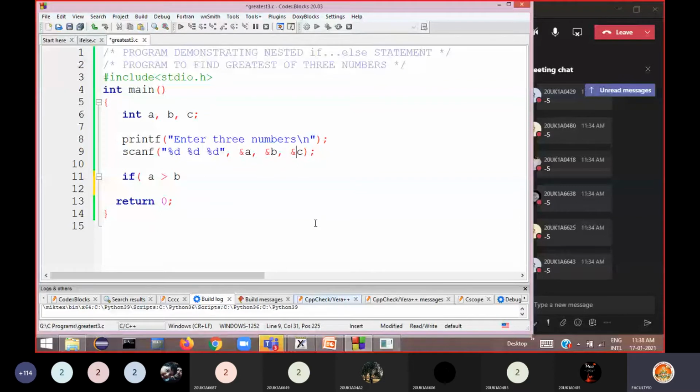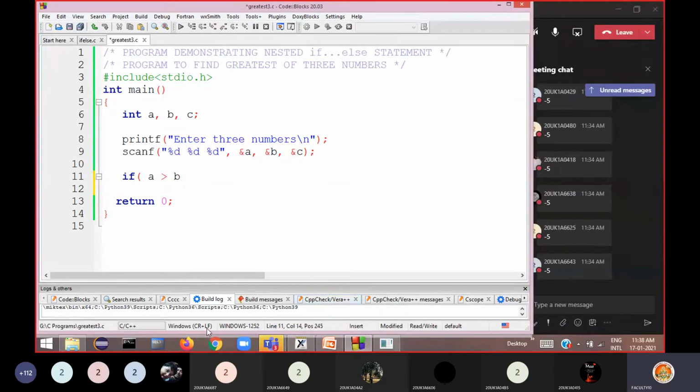Whenever you write a program, you should think like a blind man, because you know what values are stored in the variables, but your compiler doesn't know what values you entered. The compiler has to decide based on the values received. If you think like a blind man, then you will get the logic.